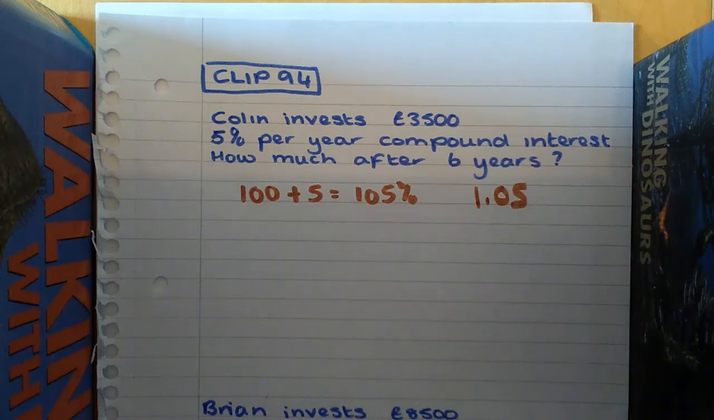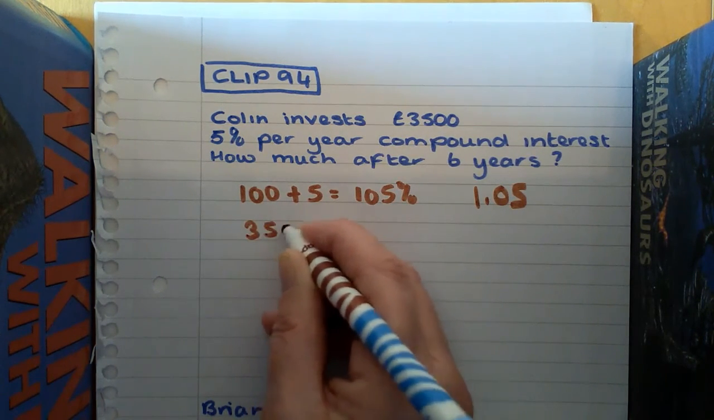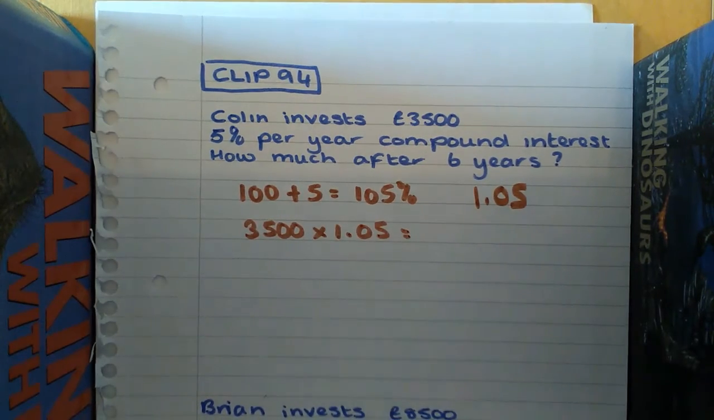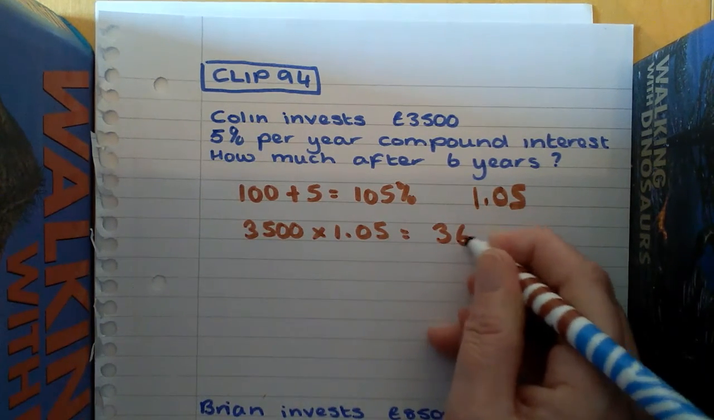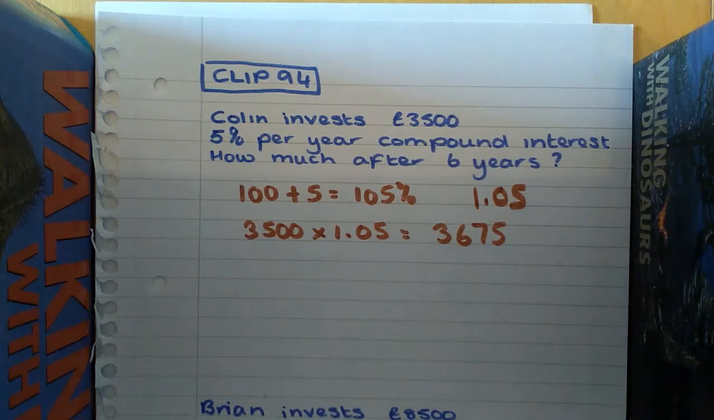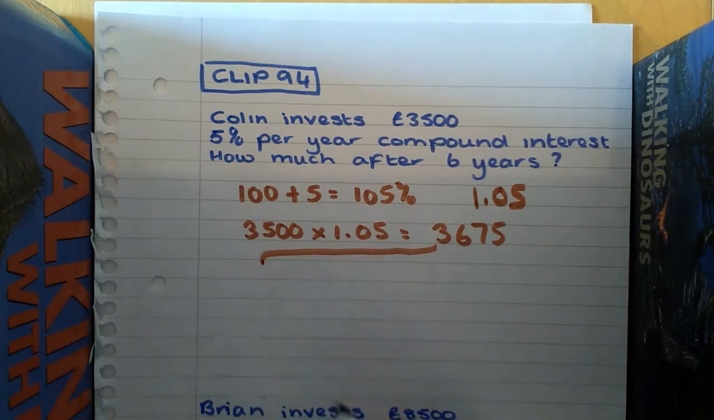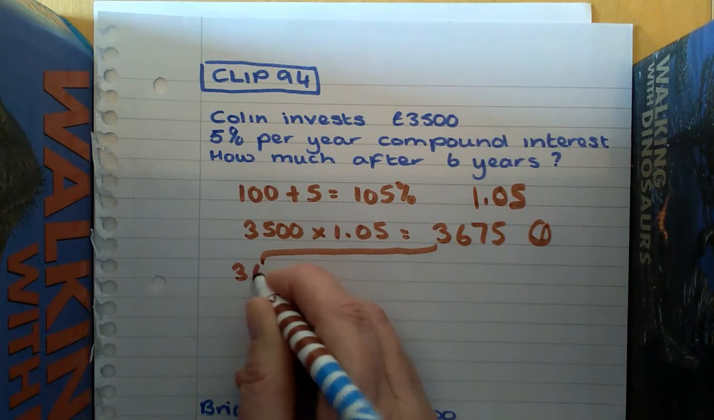So if I've got £3,500 for compound interest, what we do is we do 3,500 times by 1.05. So at the end of the first year, I would have 3,500 times by 1.05, which would be 3,675. Now, instead of adding the same amount on each time, what happens now is that's at the end of year one. At the end of year two, I'd start at